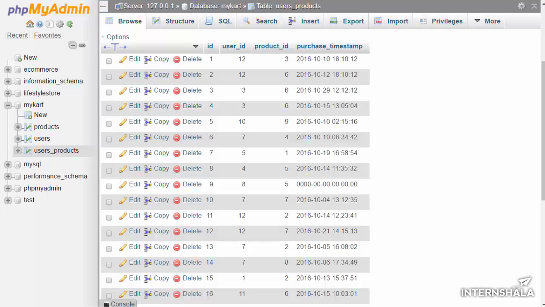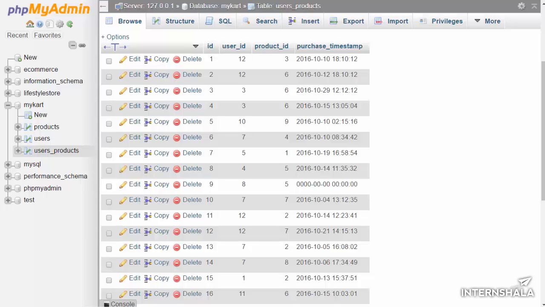In the users_products table, we will store the data of our products, that is, which user bought which of our products. So, in this table we will store user ID and product ID, which we are taking from the users table and products table. user_id uniquely identifies which user has placed an order, and the product_id in the same row uniquely identifies the product this user has ordered. So as you can see, user 3 has ordered two items at two different times.